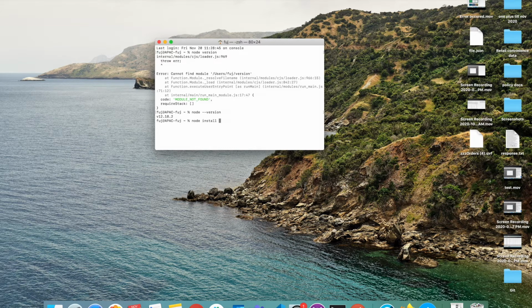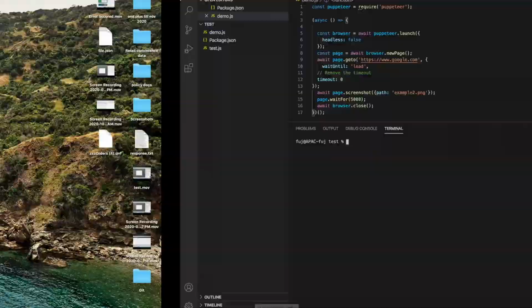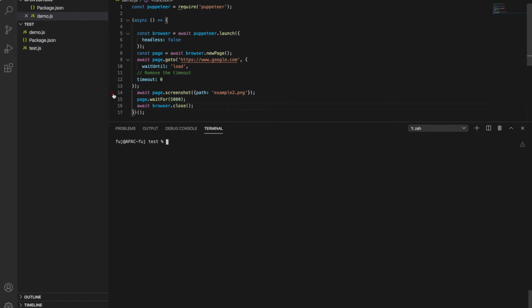So it will install all the required libraries if they are not already there. And now to install Puppeteer, you just need to create one project, go there and install Puppeteer with node. So it will install Puppeteer.